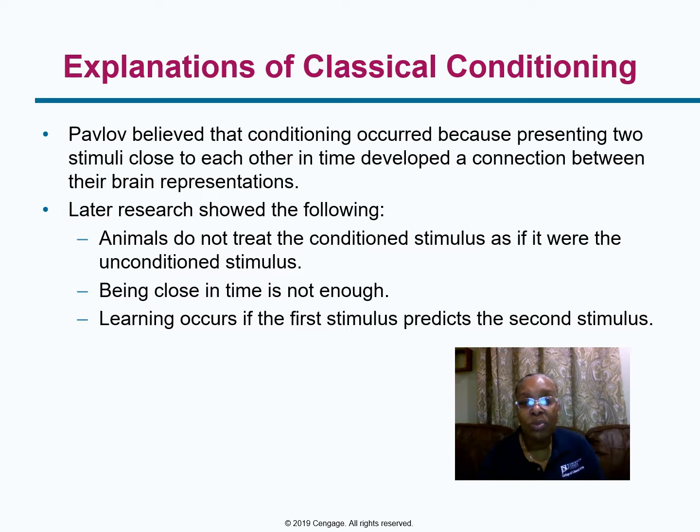Later on, there have been studies that help to contradict that idea. First, let's talk about a shock that was given to rats. The shock would be the unconditioned stimulus. It causes the rats to jump and to shriek. But then the conditioned stimulus that's paired with the shock will make them freeze in position. They'll react to that conditioned stimulus as a danger signal,